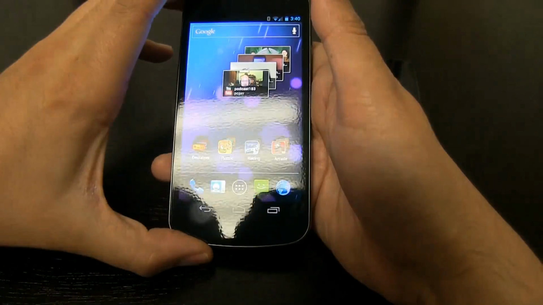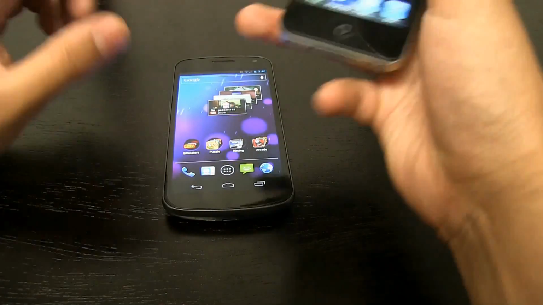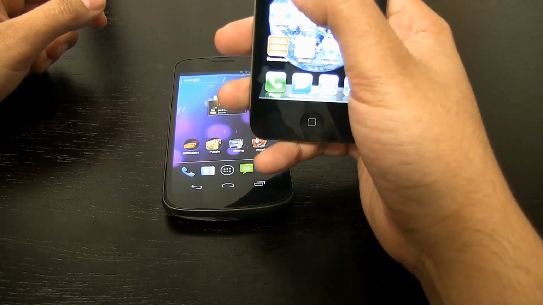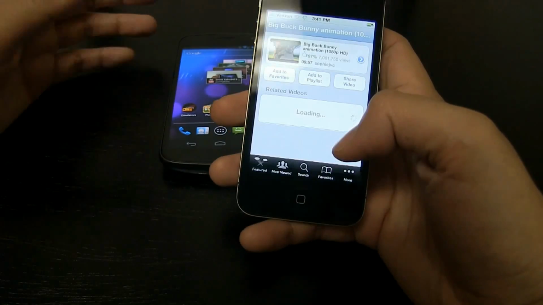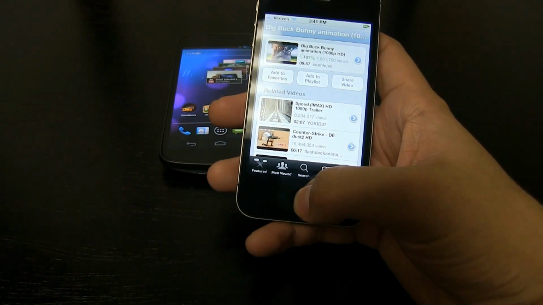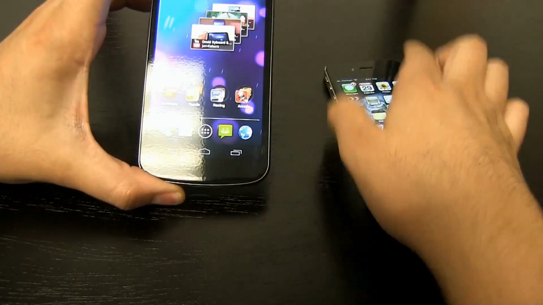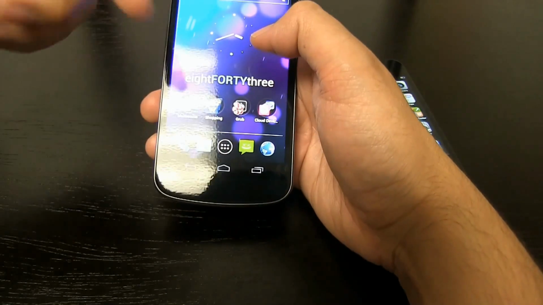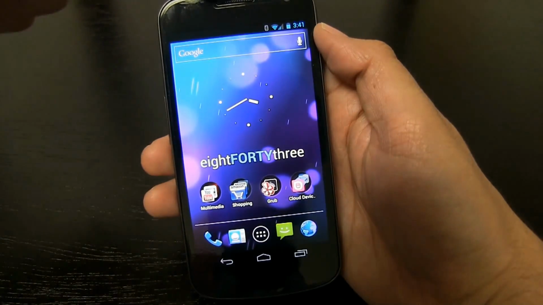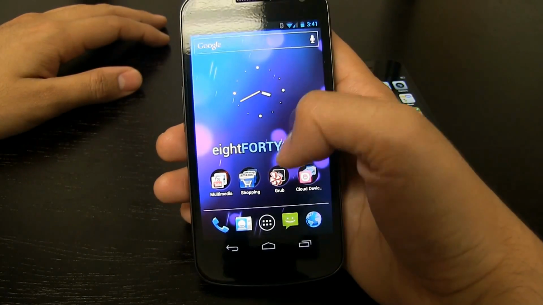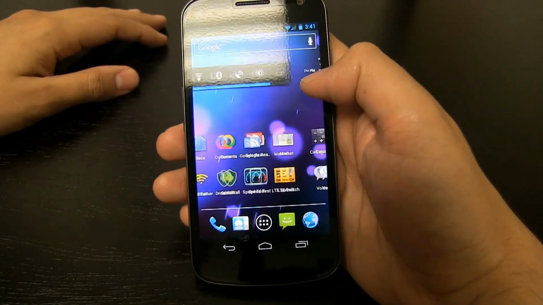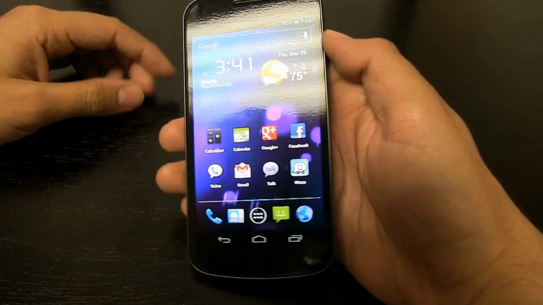With the iPhone, I would have to load up the YouTube app, and then of course go to my subscriptions, and then again, it's just more steps. Here everything is just nice. There's my clock. As you can see, I can't tell time. I need 3 different clocks, here, here, and there. Okay, weather. It's really beautiful.